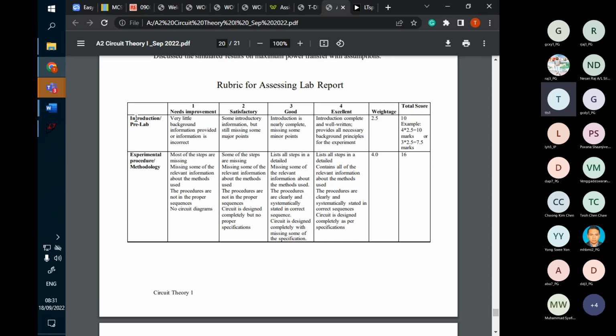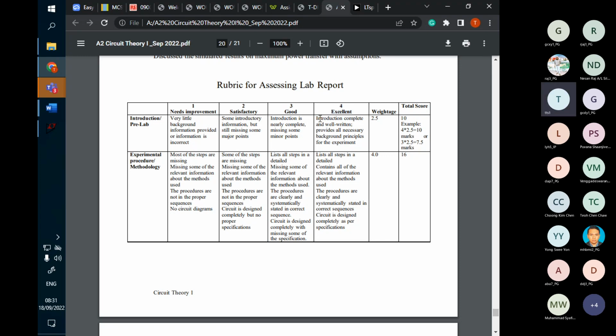But this is just one assessment, so you don't need to worry about this too much. Actually, it is more focused on the introduction. If you want to get a full score, I mean excellent, the full score is 4,